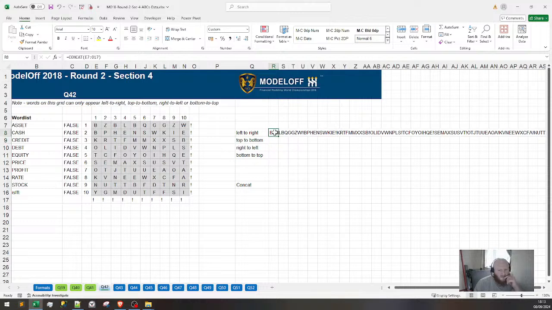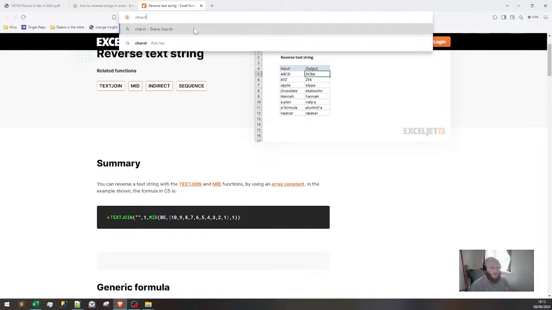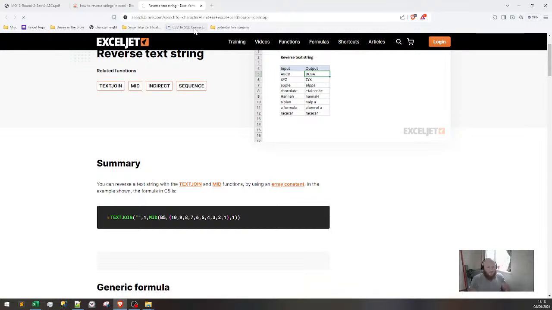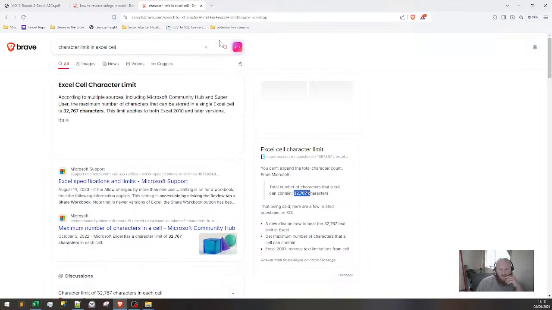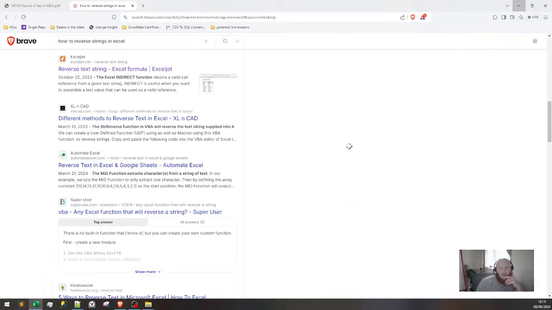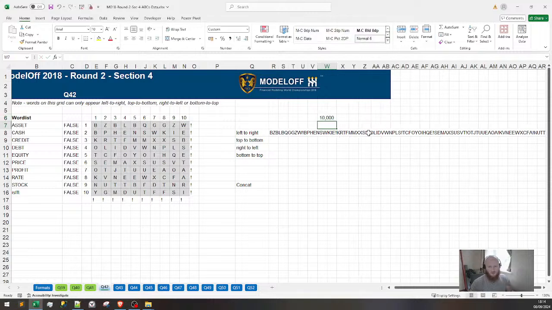I don't know what the character limit is on actually. I don't know whether it's going to start to run out of characters at some point. Let me just have a quick look. Character limit in a cell. Okay, 32,000 characters. I should be okay for now. I've got a funny feeling when we get to the 100 bar 100 equals 100 times 100. Yeah, I'm not going to be able to string all these together,